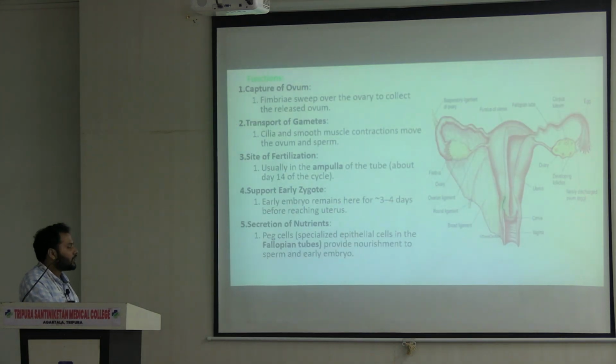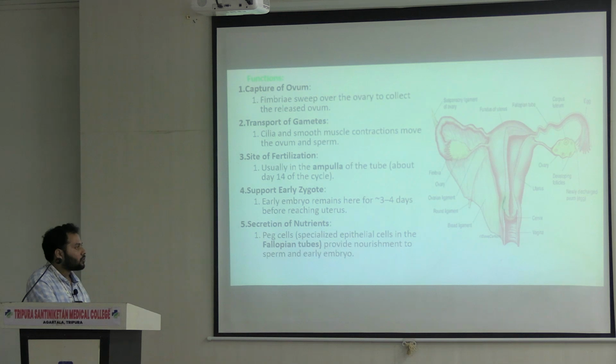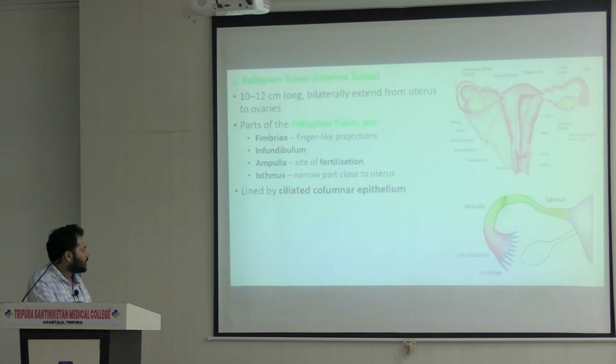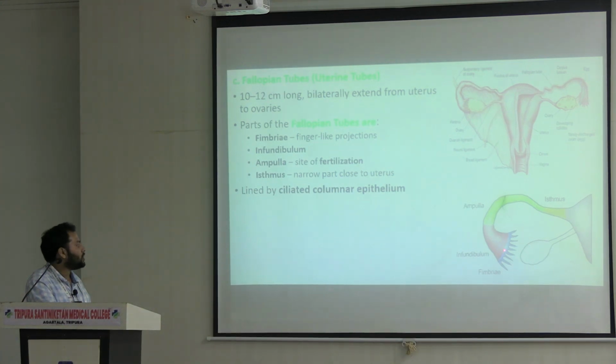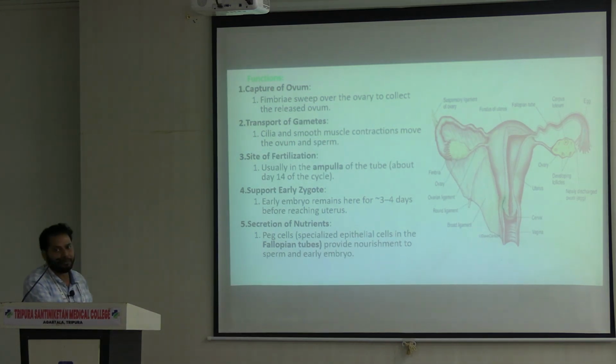Now see, what is the most important functional role of that fallopian tube? It captures the ovum. So capturing ova is very important for fertilization. Fimbria sweeps over the ovary to collect the released ovum. You can see this one. So this ovary releases the ova, which are received by that fimbria, and after that it transports the gametes. Cilia and smooth muscle contractions move the ova and sperms towards the mid portion of the fallopian tube, where actually